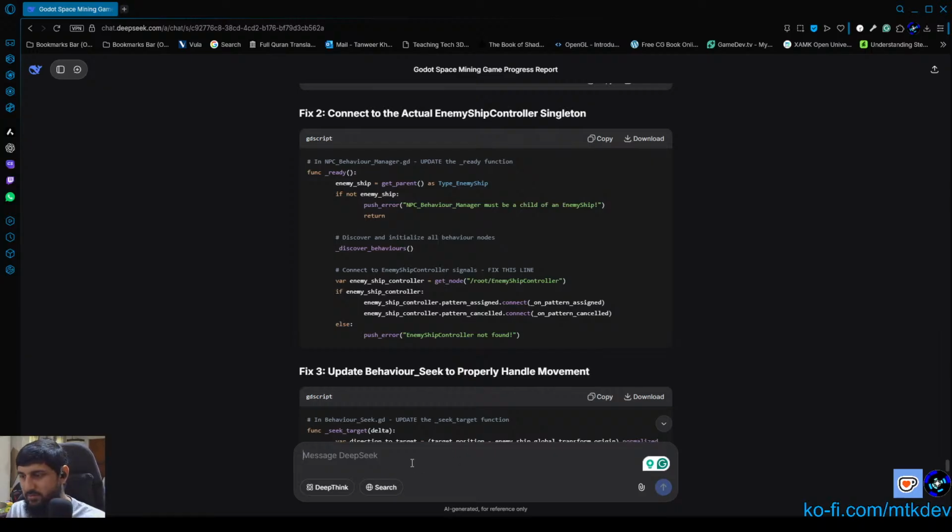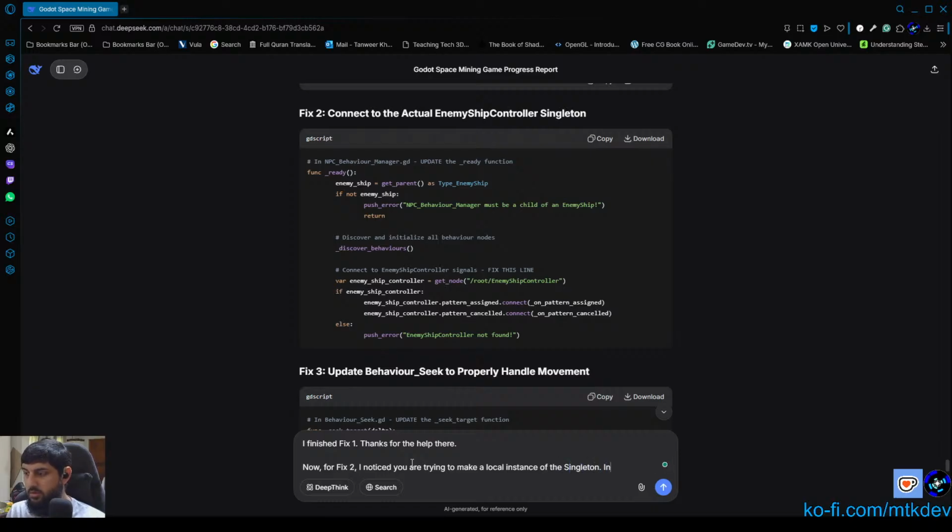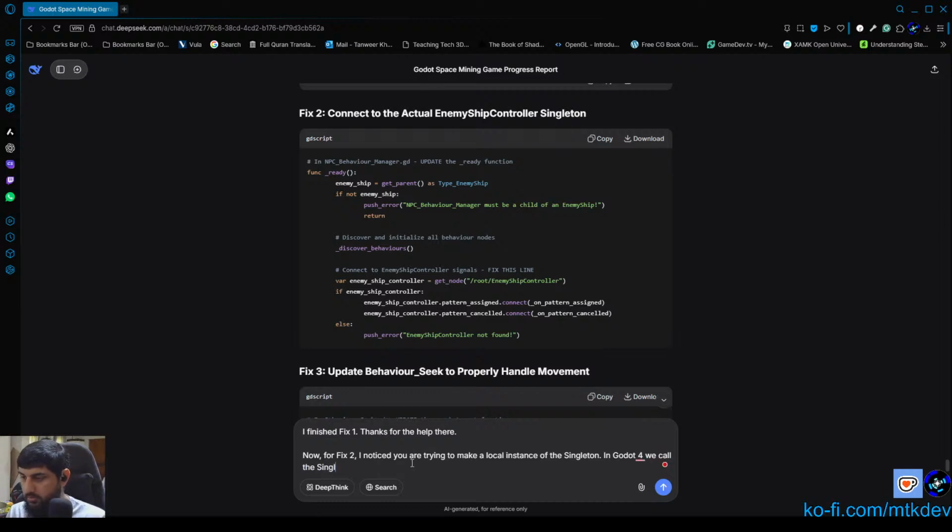Now let's make that correction to DeepSeek. For fix 2, I finished fix 1. Thanks for the help there. Now for fix 2, I noticed you are trying to make a local instance of the singleton. In Godot 4, we call the singleton variable we defined in the project settings directly. That variable for this singleton,